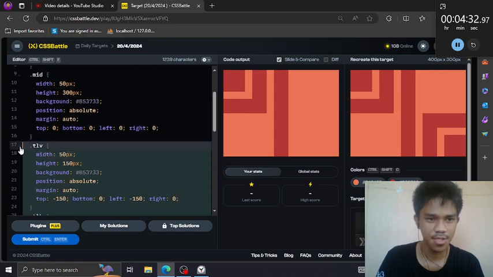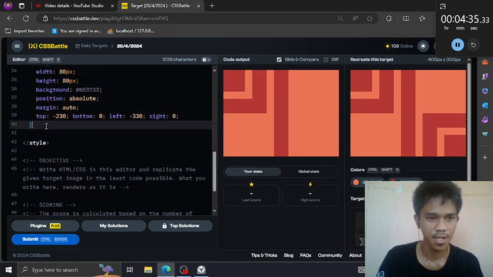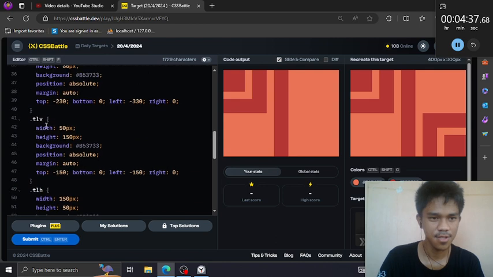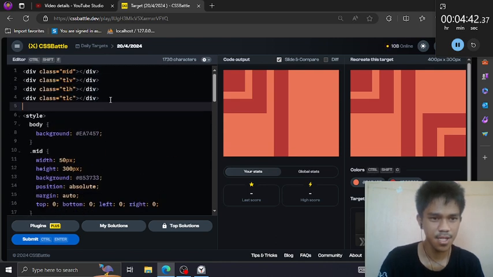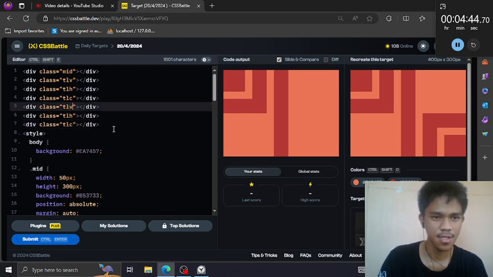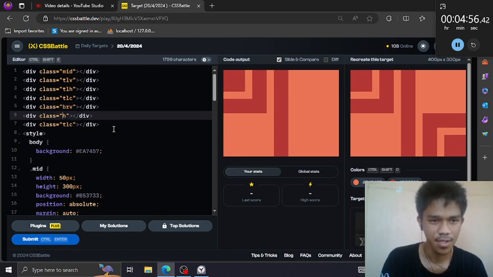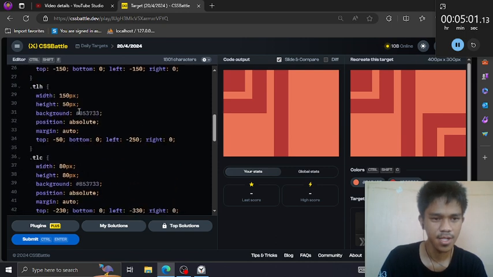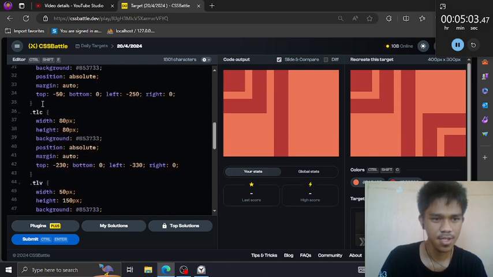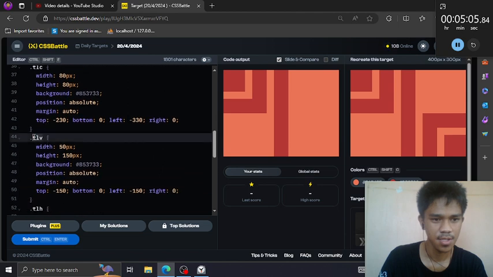And you know the drill. Let's just copy this and let's invert the values. But before that, let's create their class. Instead of top left, you say bottom right, right? Bottom right. BR for bottom right. And let's rename this here.